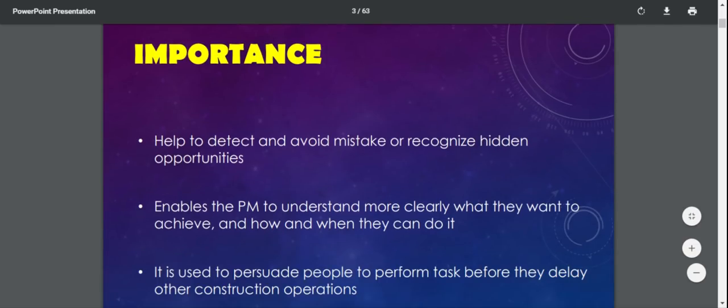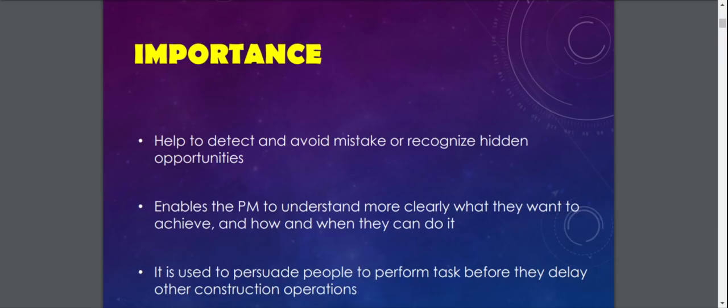In terms of the importance of those methods, they help to detect and avoid mistakes or recognize hidden opportunities. And they also enable the PM to understand more clearly what they want to achieve and how and when they can do it. Because all the methods actually